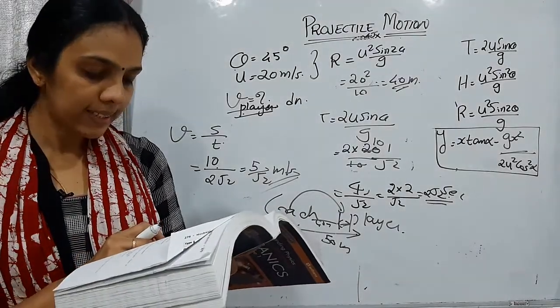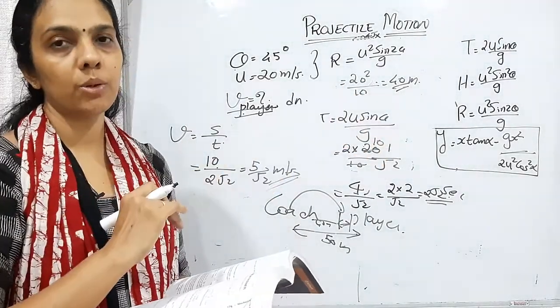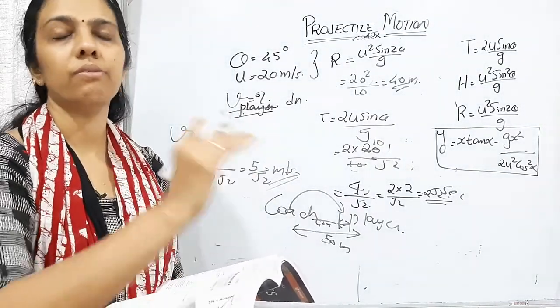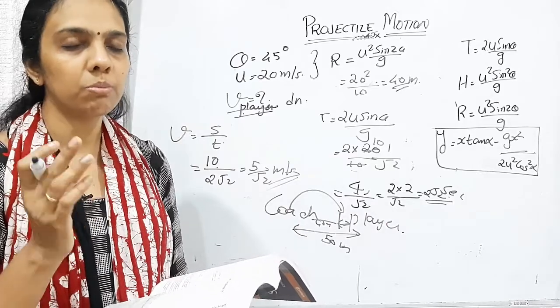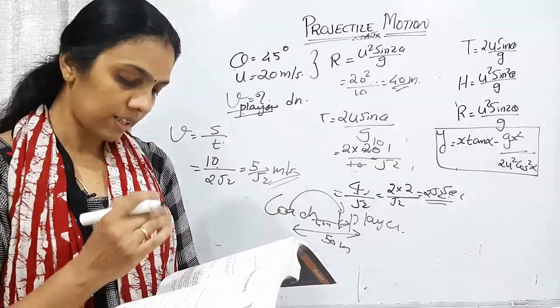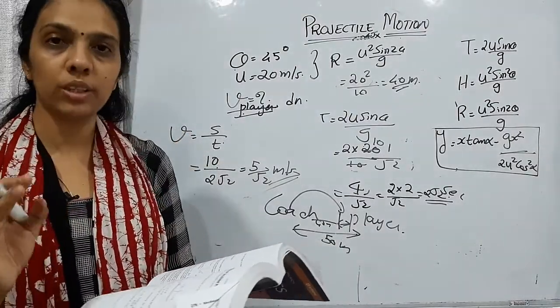And the horizontal distance it travels before reaching the ground. Then for horizontal distance you need to consider that acceleration is equal to 0. You can find out the distance. This velocity into time will give you the horizontal distance. So that one I think is an easy one for you. And the next one, we will move to the next question.